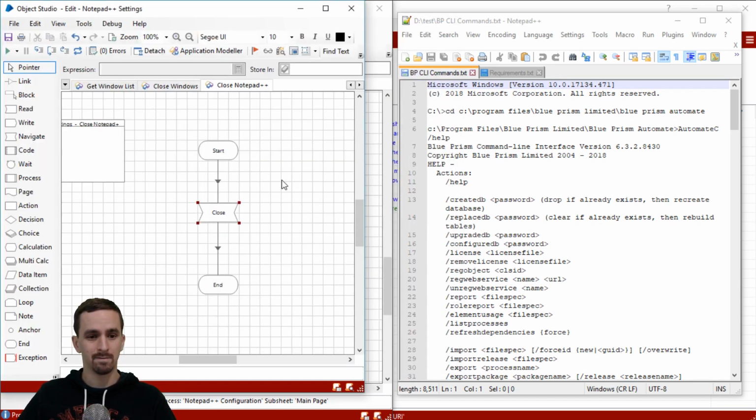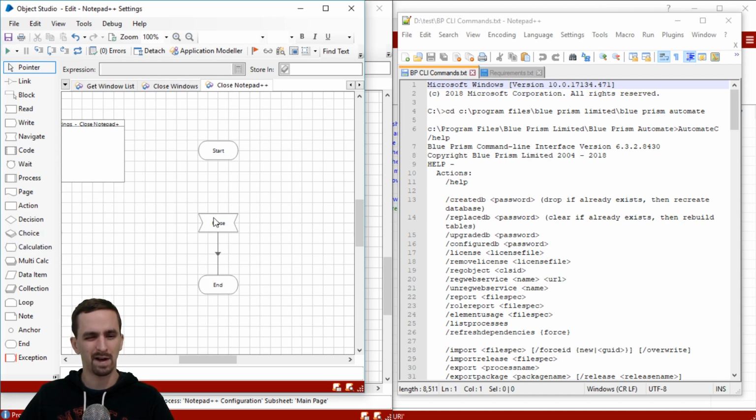So in this case, now that the terminate action, I don't know if it throws an error. I think it doesn't throw an error even if Notepad++ is not open. But I'd have to test that. But we're not using it, so I know it's going to throw an error if we try to click close and it can't find that button. So let's